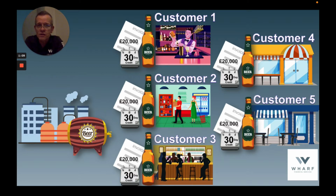Now, this is all very good, and it's important to give your customers credit terms because they want to sell the product so they don't have to seek finance to buy it off you. But the problem with this is the brewery now has to wait 30 days to get paid. And unfortunately, they suffered a bit of a cash flow problem. Their bank balance is uncomfortably low, and they simply don't have enough money to brew any more beer,